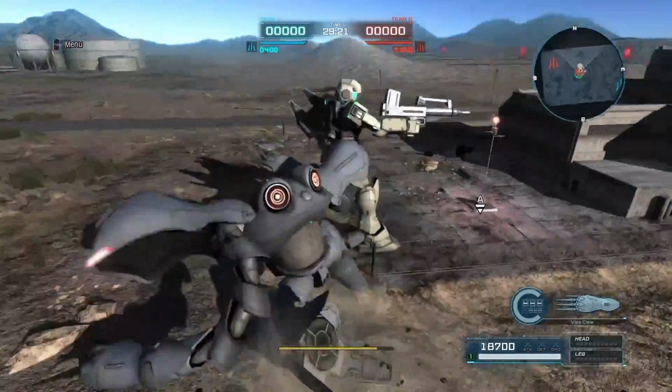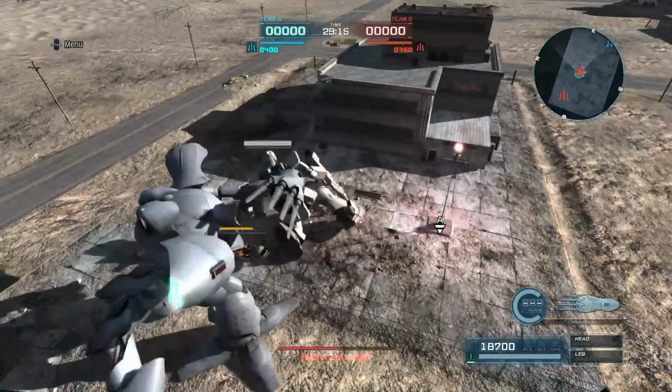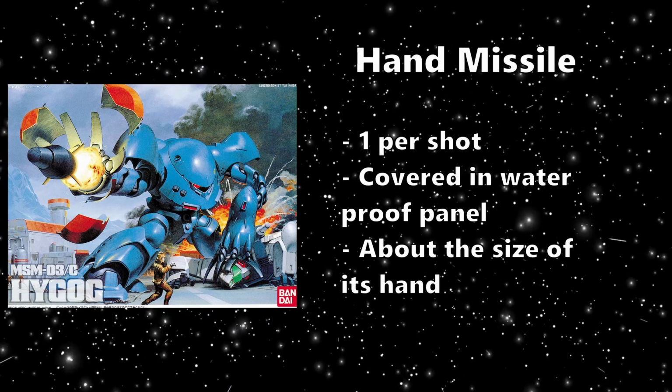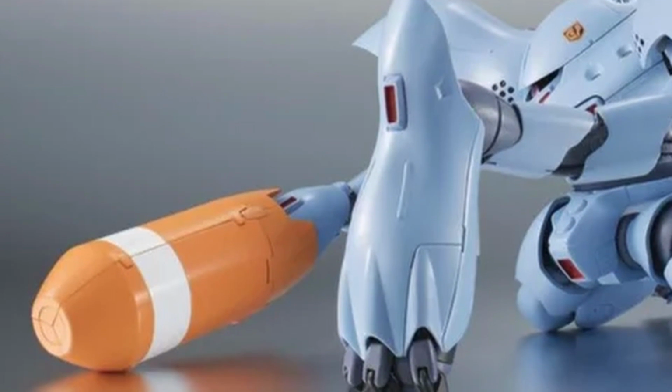Thankfully, this isn't his main or only range weapon. Due to the beam cannons, this is just an extra cherry on top for his weapons. And honestly, I kind of forget sometimes that the Hygogg has this option. Then finally, as an optional unit, he has a large hand missile. Attached to the end of the Hygogg's arm, it's covered in a waterproof panel, allowing for easier transportation, protection of